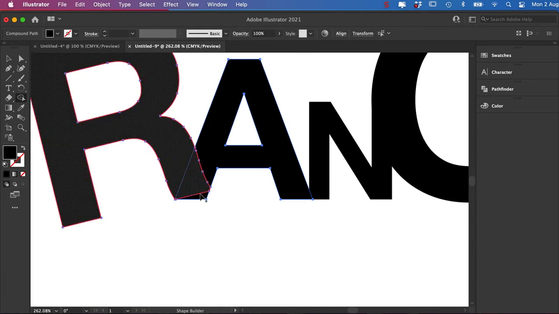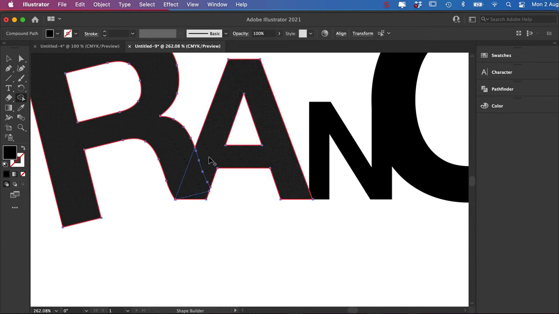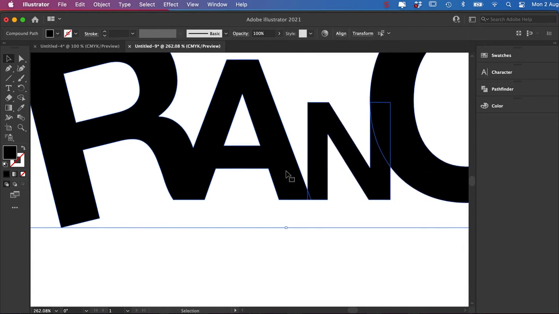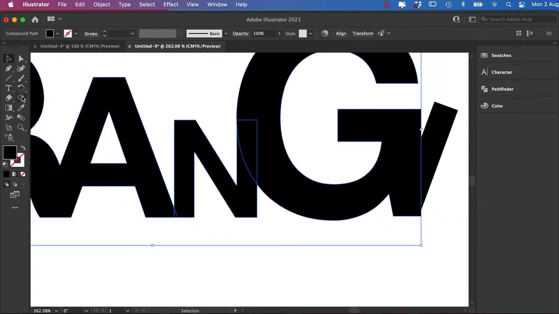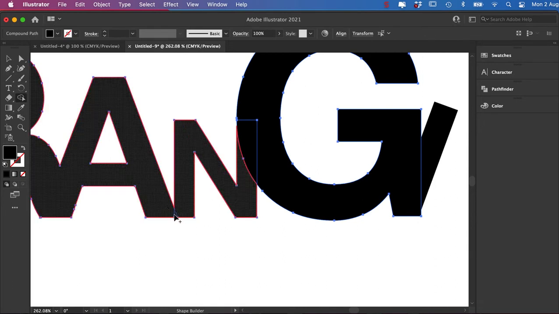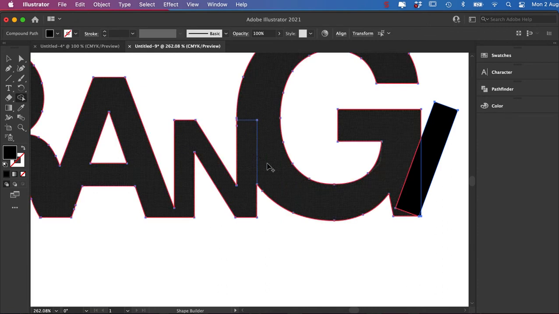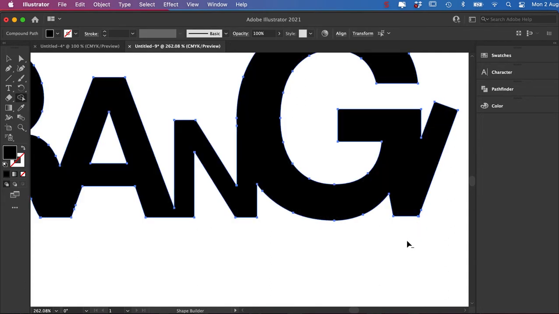These bits here now, if I want, I can join them all up together. Keep running it through. Shape building it, there's a little wee bit here, option, I'll just take that out. All of these things you can come in and play around with. I've got the smart guides on, so I can